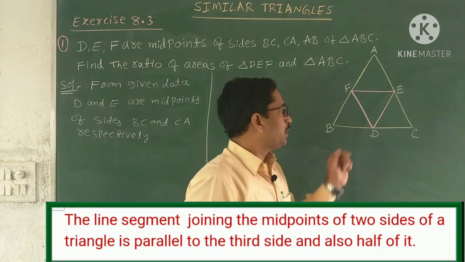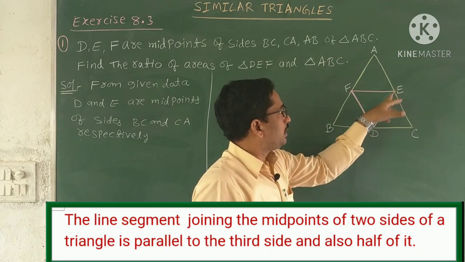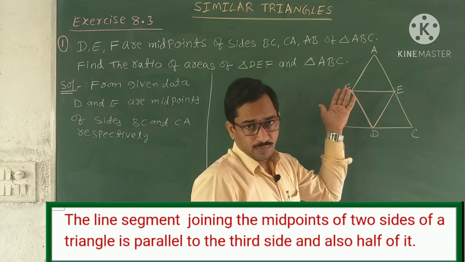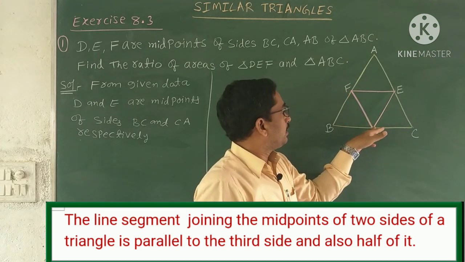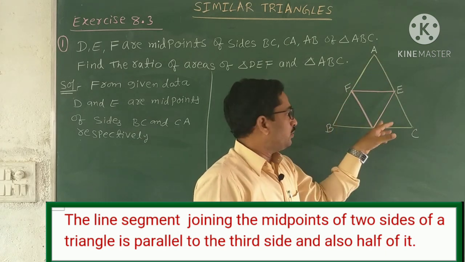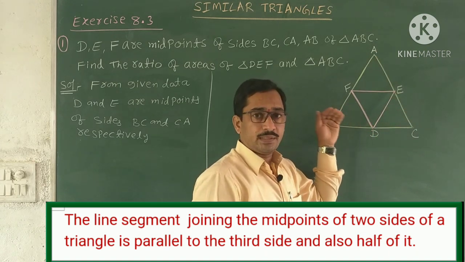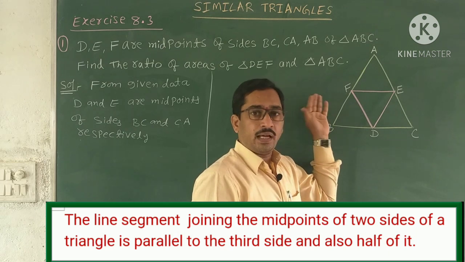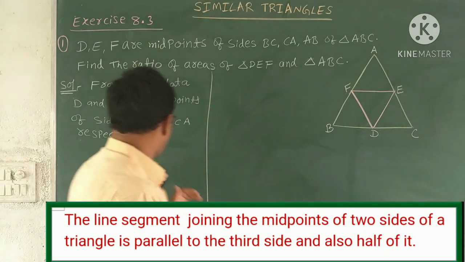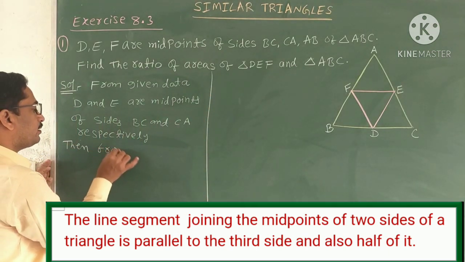See on the screen. The midpoint theorem says, suppose D and E are the midpoints of the two sides, then DE is parallel to the opposite third side and the length of DE is equal to half of the length of AB. See once again, the two D and E are the midpoints of the two sides of a triangle, then it is parallel to the third side and the length of DE is equal to half of the length of AB, third side. Now see respectively, then from midpoint theorem,